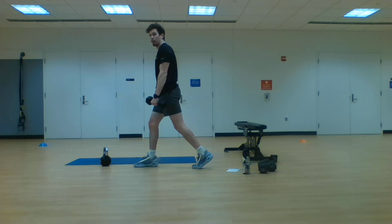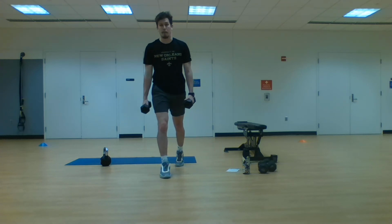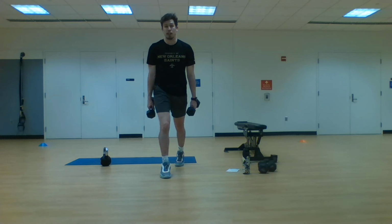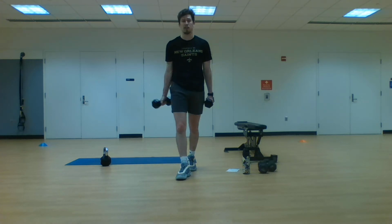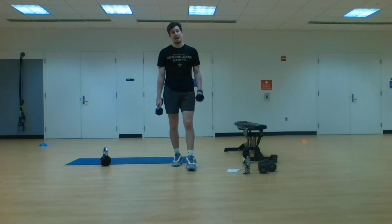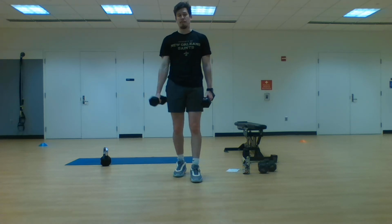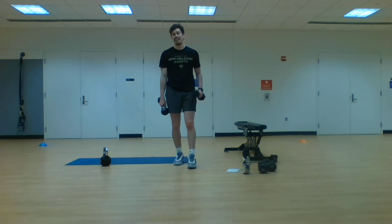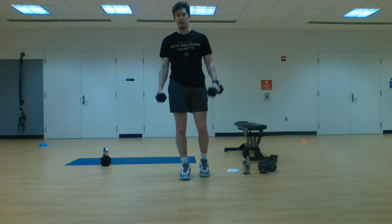We're going to have that front foot on the ground, back heel elevated off the ground, like a traditional split squat position. Guys, this exercise is going to be very beneficial for strengthening both legs without any type of compensation. So this is definitely one that I would highly recommend, especially if you are into any type of athletics. It's definitely going to help out with that sport performance, making sure that we're keeping everything symmetrical on